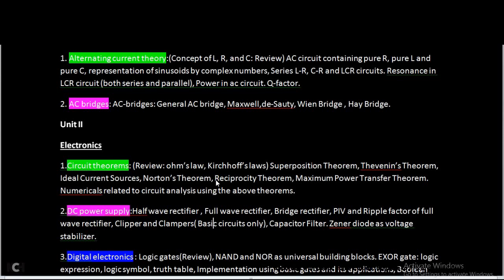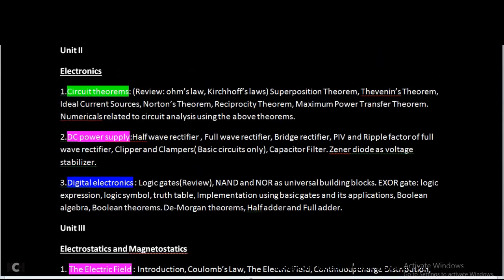Then you see over here again the DC power supply, half wave, full wave, this also in semiconductors you have done. Bridge rectifier, Zener diode, these all are the same thing again, so it will be an easier one for you. Then digital electronics, again the same thing, in the semiconductor part we studied in class 12. Then some extra is there: De Morgan's theorems are over here, and the XOR gate is extra, but this year's 12th physics also included XOR. So according to this year's it is the same, as you can consider.